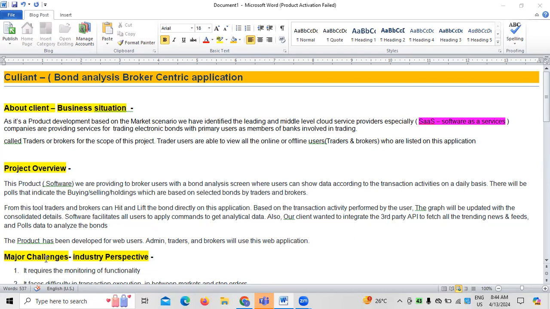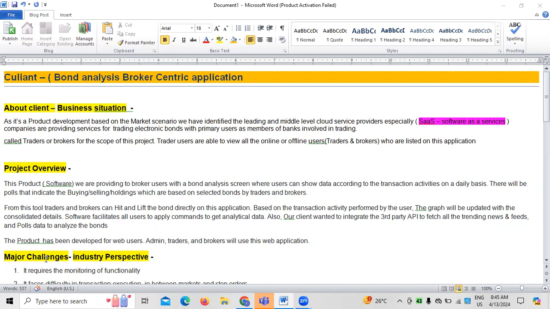services they are providing from the software perspective, because cloud services are categorized into three different parts. One is infrastructure as a service, second platform as a service, and the third one software as a service. Infrastructure as a service means we are building an infrastructure for a particular project, right? By creating firewalls, networking, etc. All this comes under the infrastructure part.